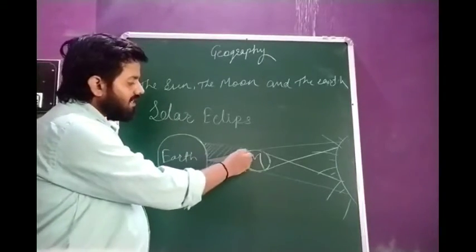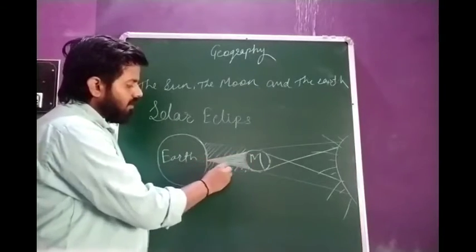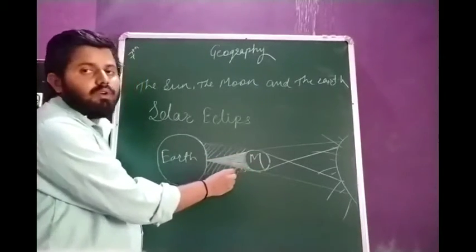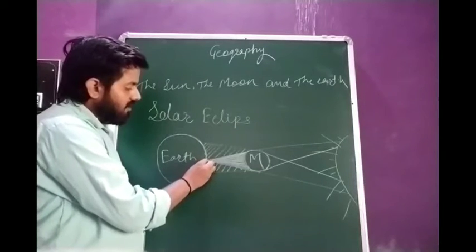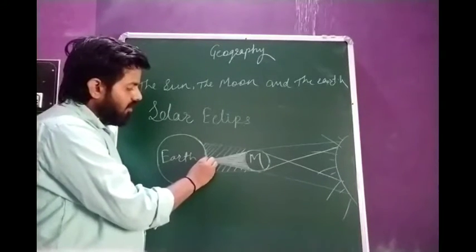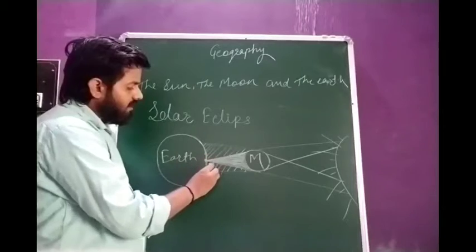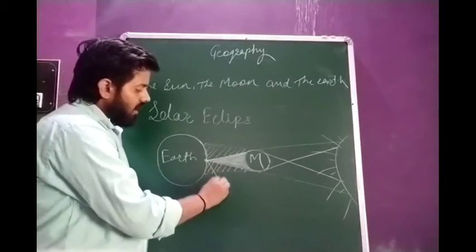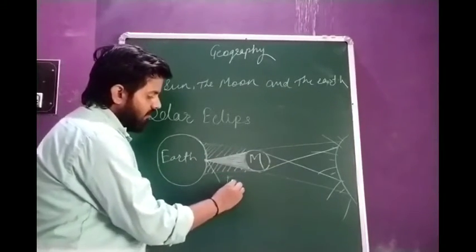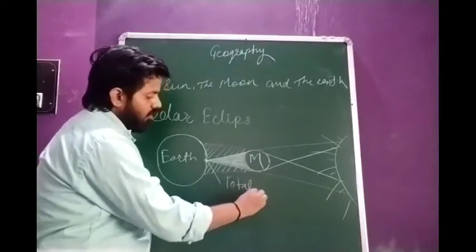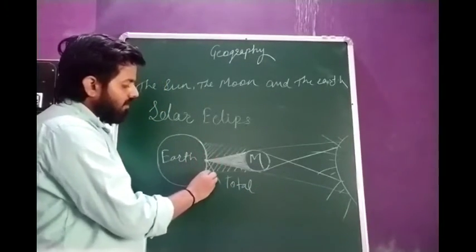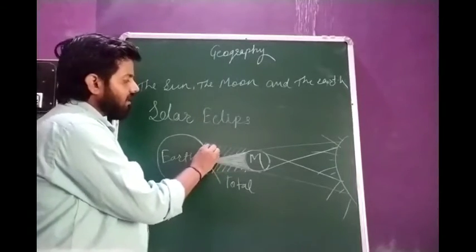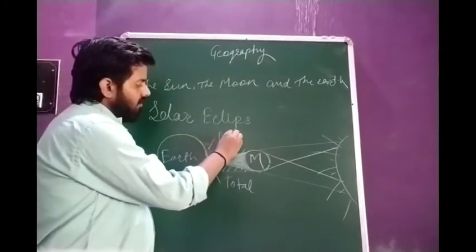You can see the darker part where the darker shadow has fallen on the earth. That place, you can see that point there, a small point, the rarest thing is that. So that point will face the total solar eclipse, and the remaining part covered with the lines will face the